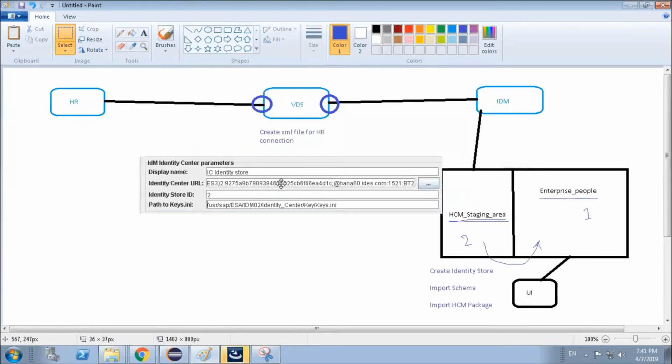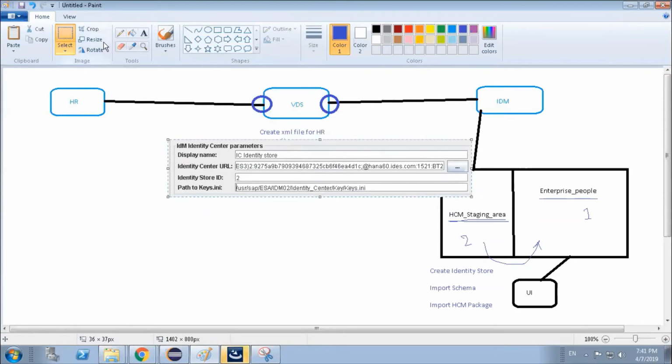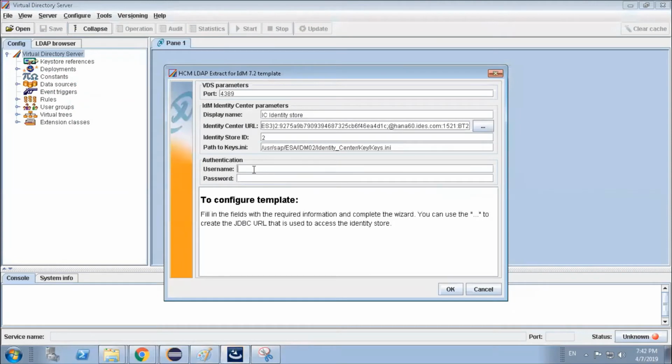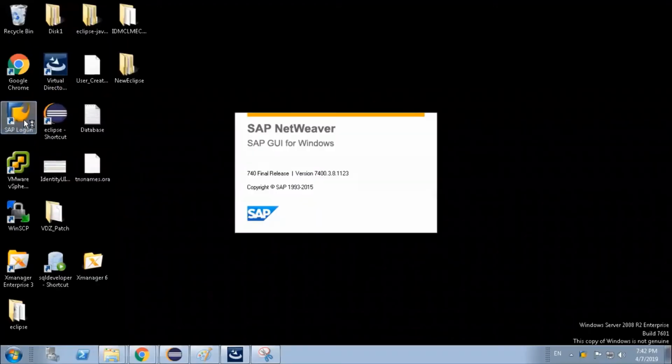So this is our IDM side connection. This is the connection details. Now for the HR side, what do we have to maintain? We have to keep our user ID and password. That user ID and password we have to create in our HR system.